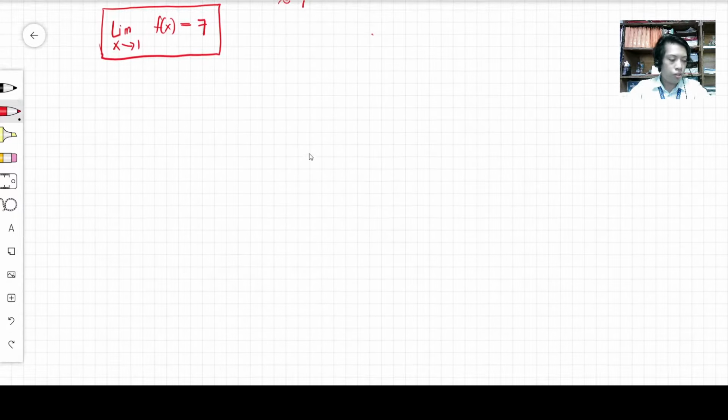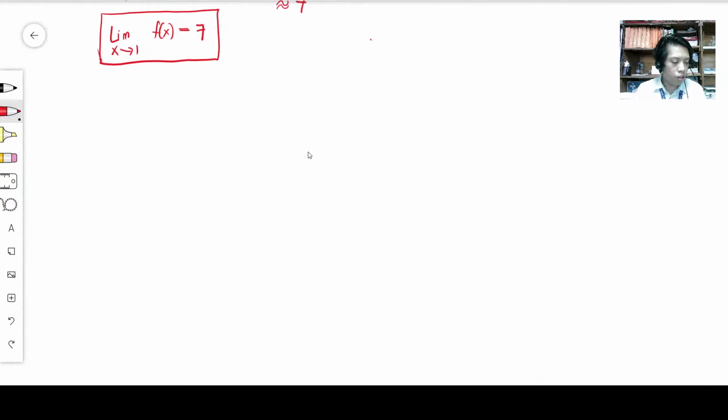Let me have another example. This is example number 7. Sometimes we solve the limit of a function as